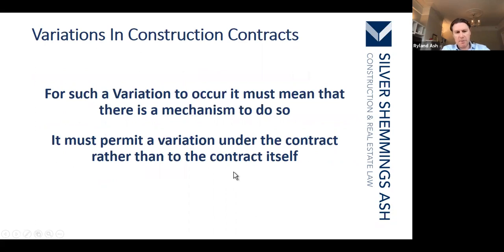As I've said, for a variation to occur, there must be a mechanism to allow it, and it must permit a variation under the contract rather than to the contract itself. There's a distinction there between a variation to the works that have been agreed under the contract and actually variations to the contract itself. At this point, I wanted to mention the case of